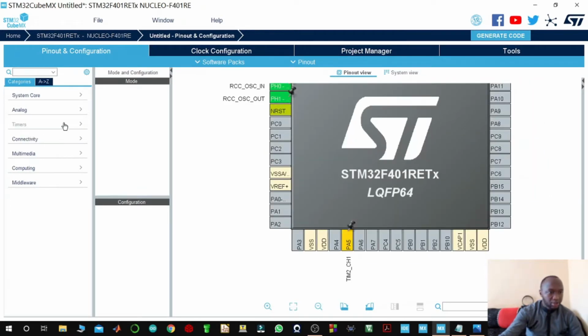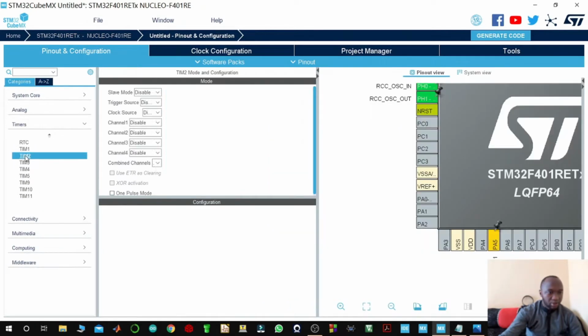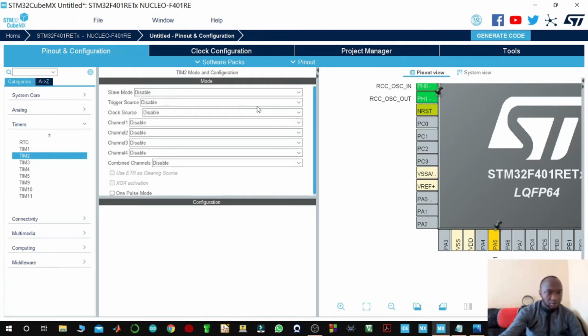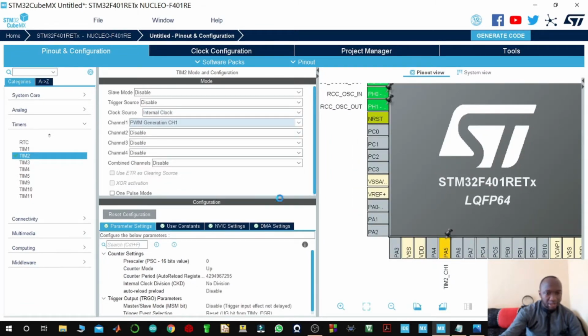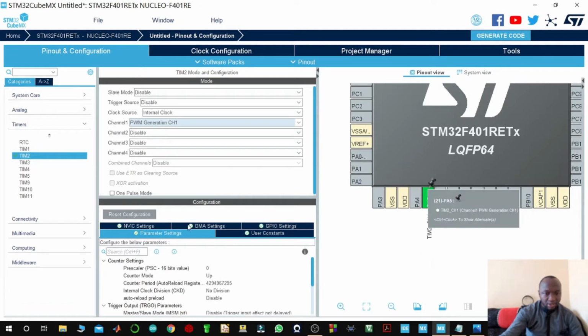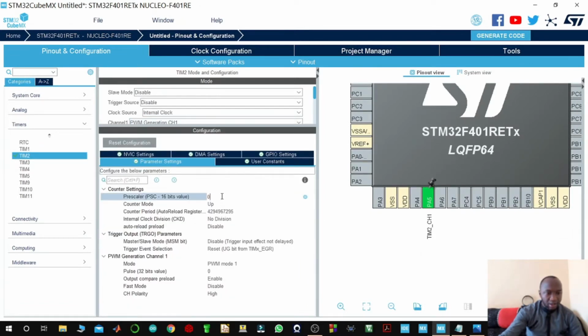output to generate PWM. So I go to timer 2, and clock source, internal clock, and I'm going to select PWM generation. You can see that it is now activated. I'll have my prescaler at 1000, so basically because it counts from 0 to 999, and then I'll have my value at the ARR register to be